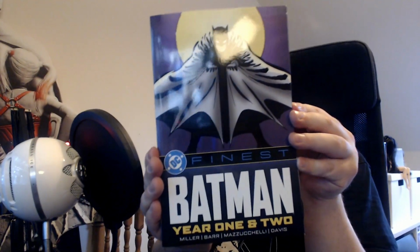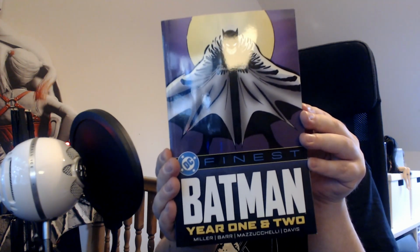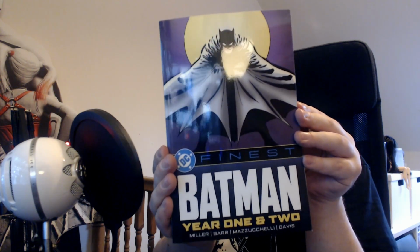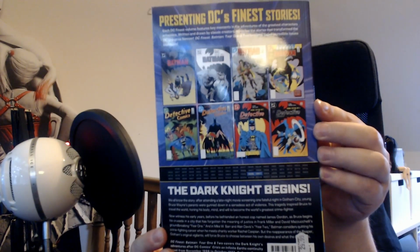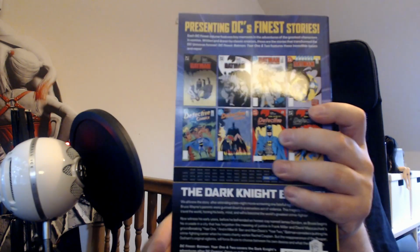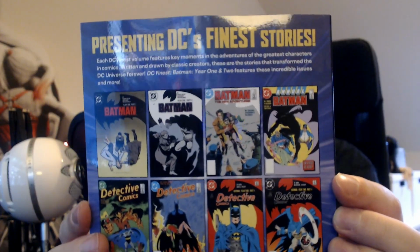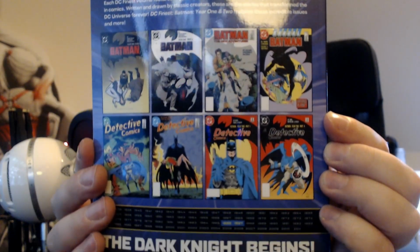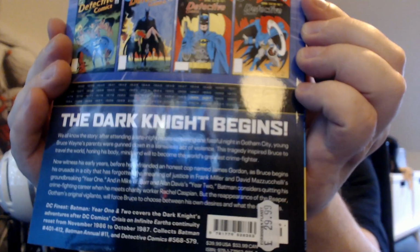But first, one that I got not from a charity shop, but I also picked up today, so might as well put it in here. We have the first volume of DC Finest, Batman Year 1 and 2. So this is like a new initiative by DC, similar to Marvel's Epic Collection, where they are reprinting character-specific stories. There is fluff on top, let's move that. Character-specific collections, rather,